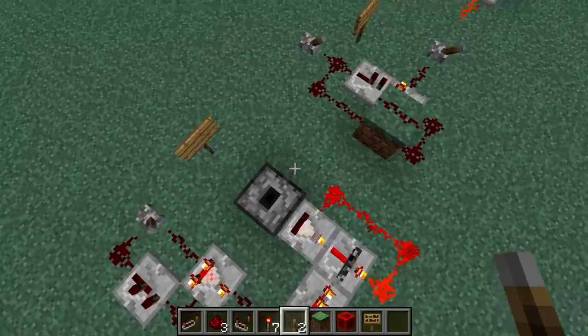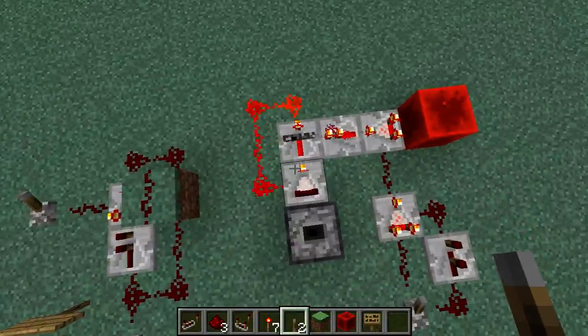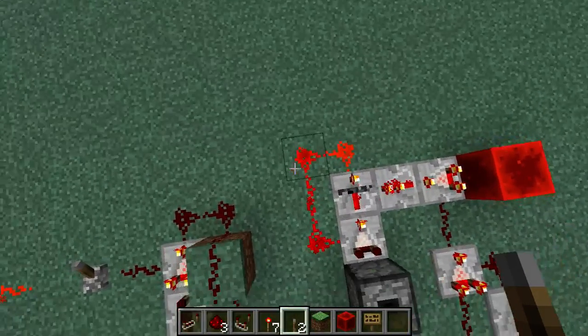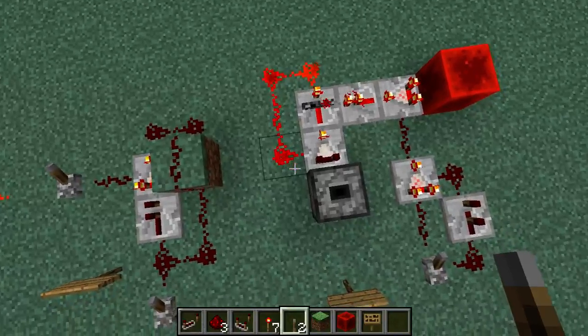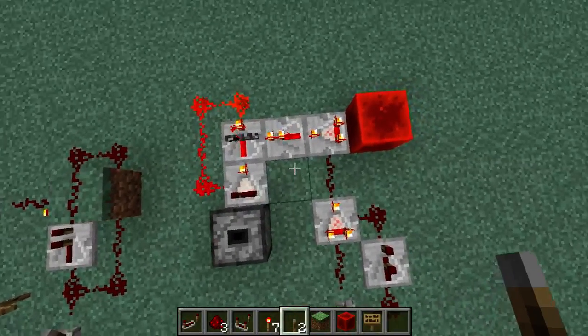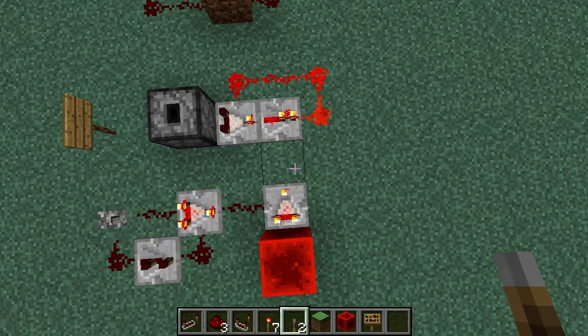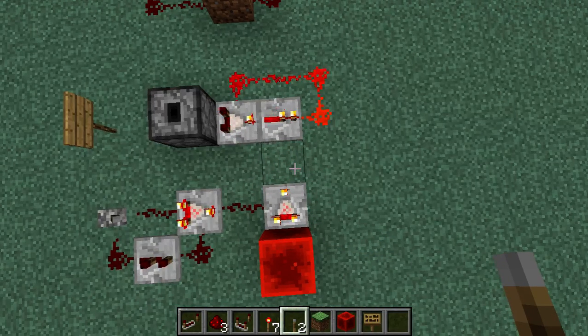And then you take the comparator output from that and put it in subtract mode. You run that into a repeater, and then you run the redstone dust back around. And that's going to make a clock. So if I take this repeater out, you'll see it's just a clock. It's constantly pulsing back and forth because